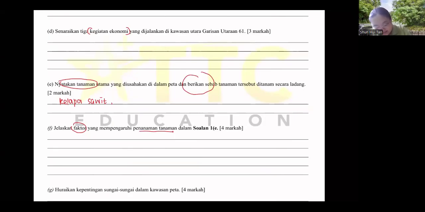Why we can plant secara ladang means plant in a huge amount. Okay, a lot. You can say because of why we plant a lot. Yes, you can, but it's going to be a little bit overlap with your F question. So you can say why they plant a lot. Secara ladang means in a farm size. You can say